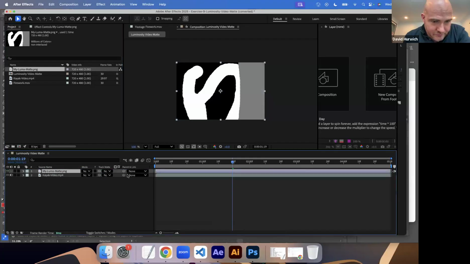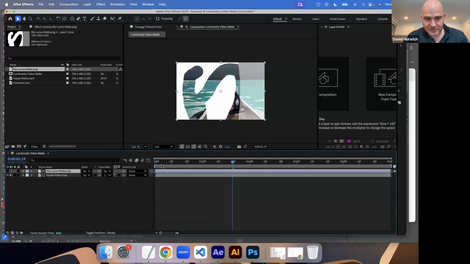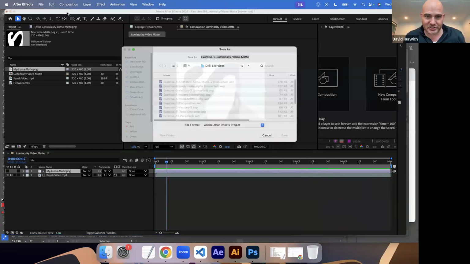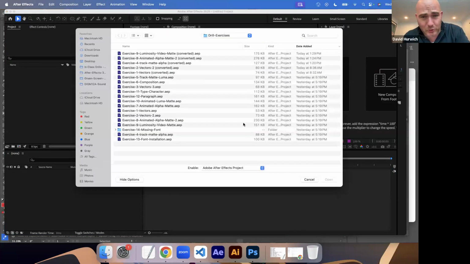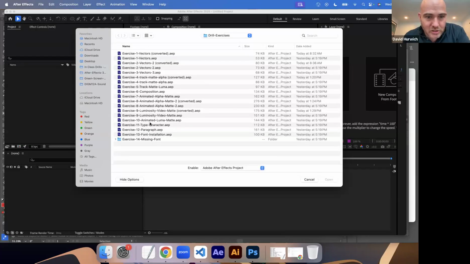And I'll bring it in here, and then set that to here. And you can see how it's gotten rid of this, it's kept this part, and then this is semi-transparent. So I built my own Luma mat there just by using some sort of drawing tool. Literally using black, white, and gray, you could do this, but we can also do it within